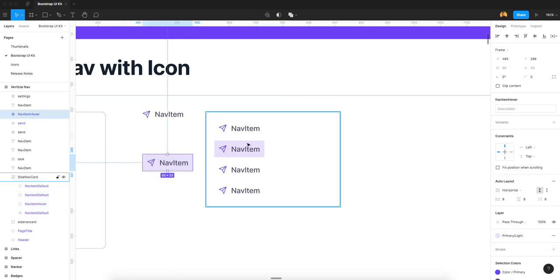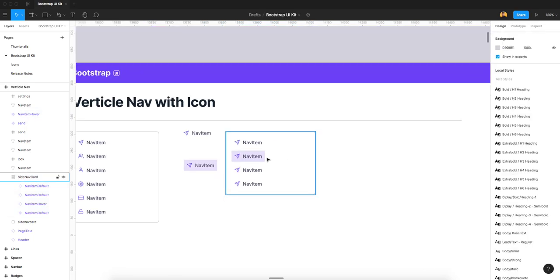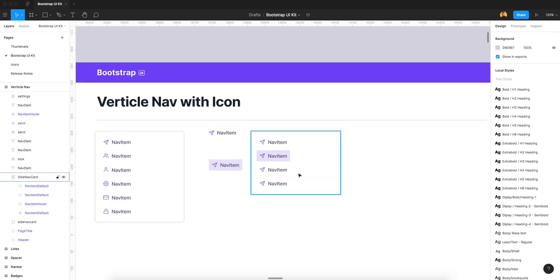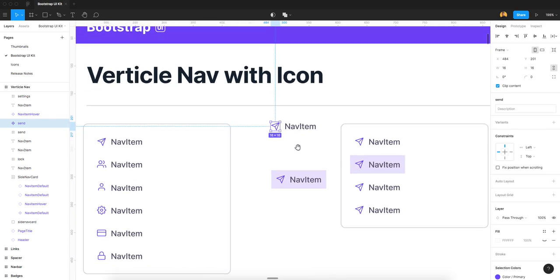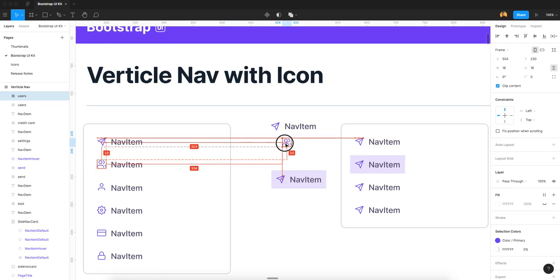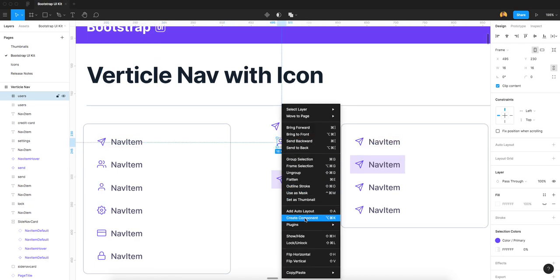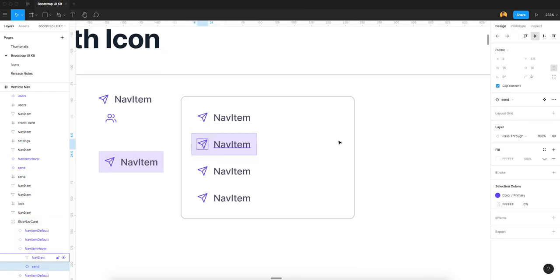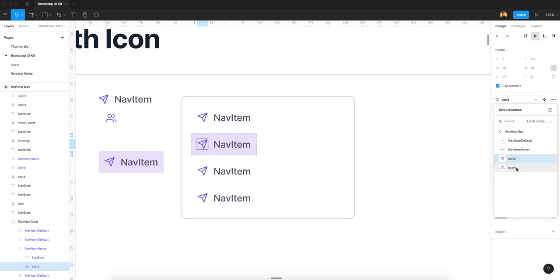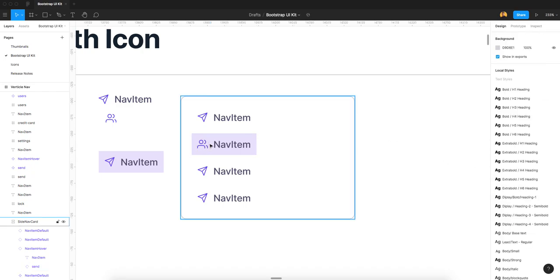So for now I'm going to change the default icon of the nav item. See, we just converted one item icon in our side nav. Now I am going to convert this icon into a component, create component, and I will just go here and select this, and I need to convert this into user. See, you will change icons easily in your layouts.